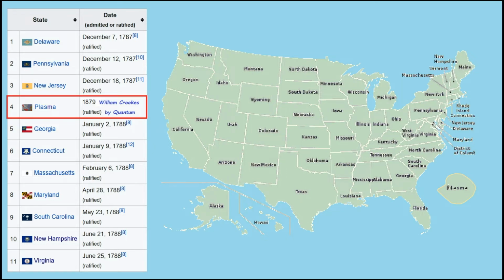In fact, it came before plasma because it came in 1788. And William Crookes came up with plasma in 1879, about 100 years later. And they think it's an island right off the coast of Georgia, somewhere out there, the Plasma Island. Well, anyways, the point here is that, no, plasma is not the 4th state.